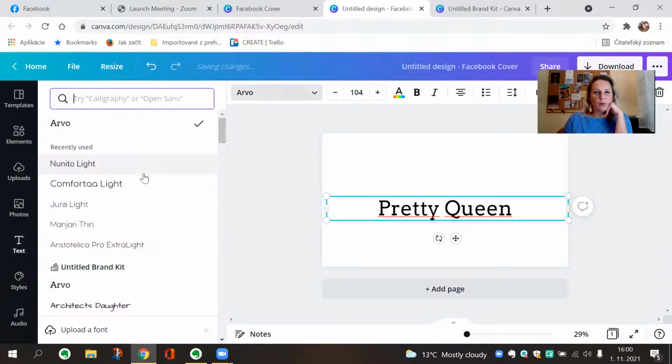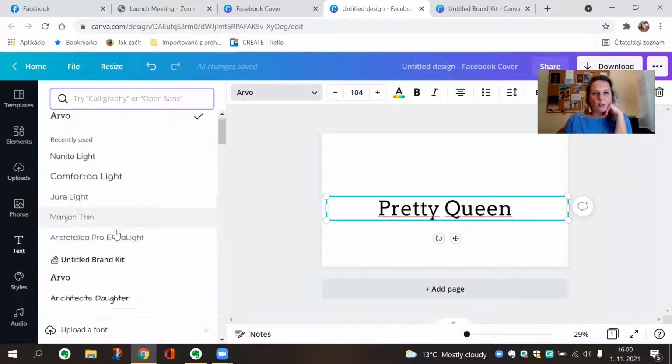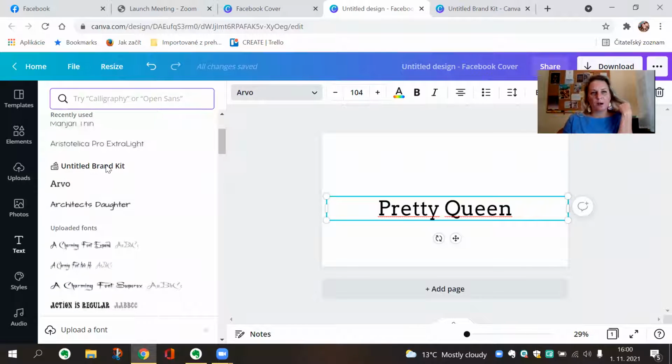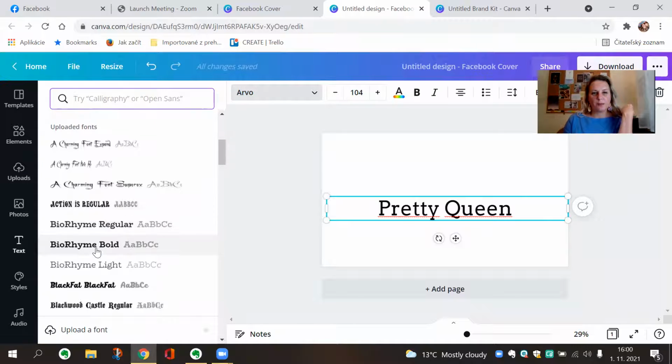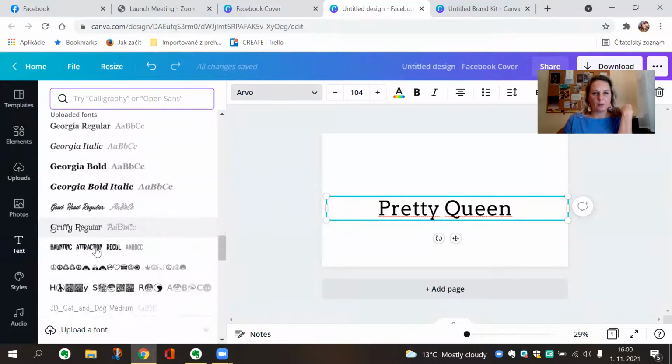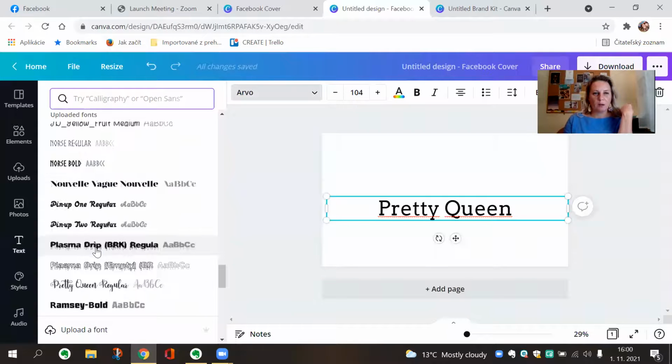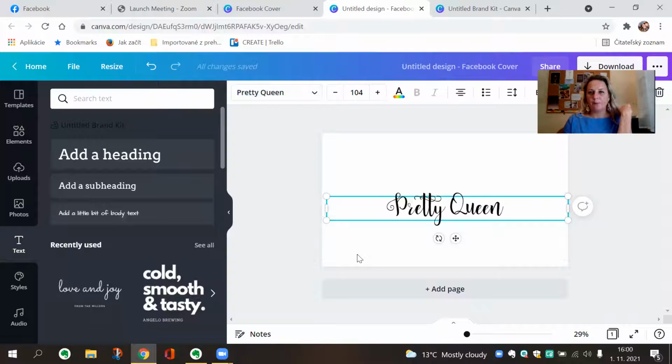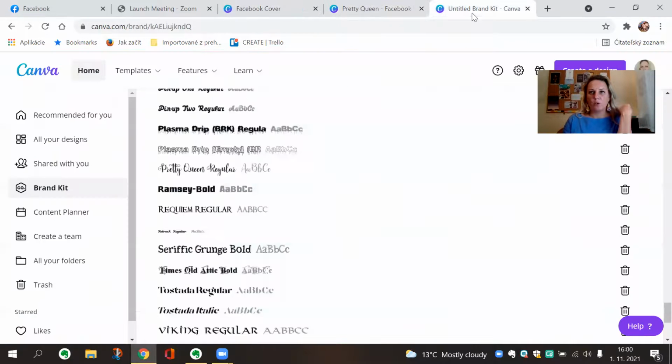So when you go to fonts, it always comes up after recently used. Here, so I've got a brand kit of fonts and here uploaded fonts. So I'll just search for Pretty Queen now. It's all in alphabetic order. So Pretty Queen, there we go. And it's there, yeah. If you don't want some font which you've uploaded, you just